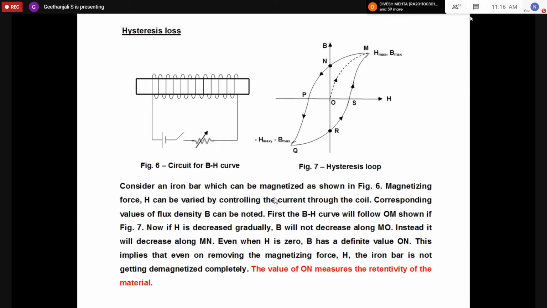So this is an electromagnet. There is one coil. When you give supply to the coil, it will behave like a magnet and produce flux lines in the air gap. Then this is connected with the switch, and also connected with a variable rheostat. Why they are connecting this variable rheostat is so you can vary the input current by adjusting it.